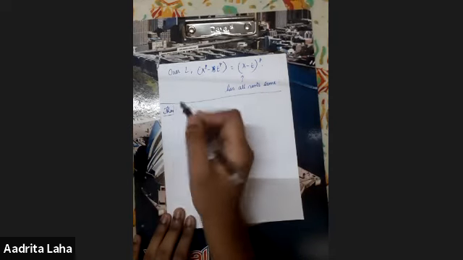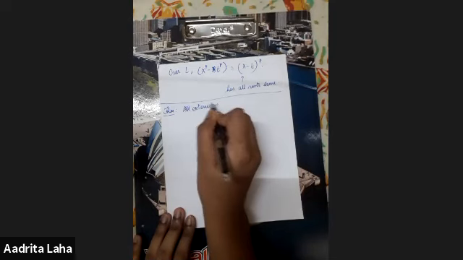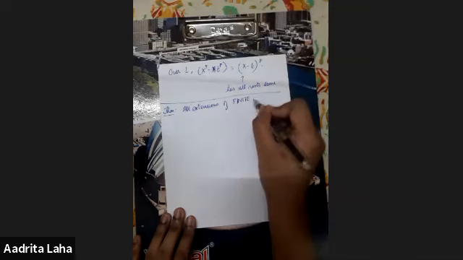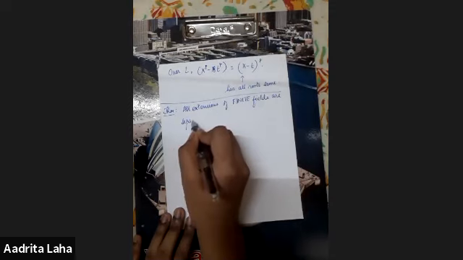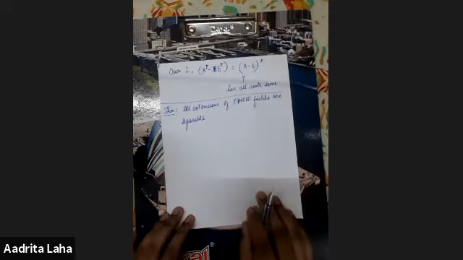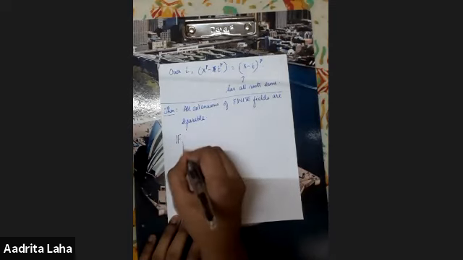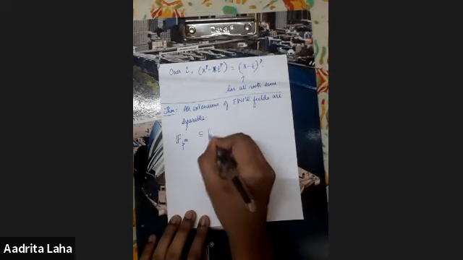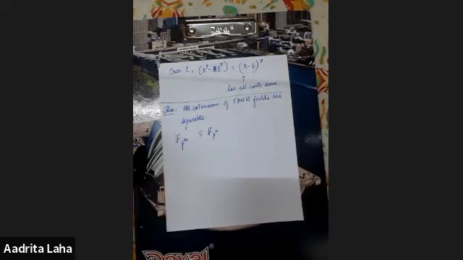So the theorem says that all extensions of finite fields are separable. So what do we have here? We know that finite fields are of the form p to the m. So we have the field p to the m, which is a subfield of p to the n. And it's just very straightforward to conclude from here that